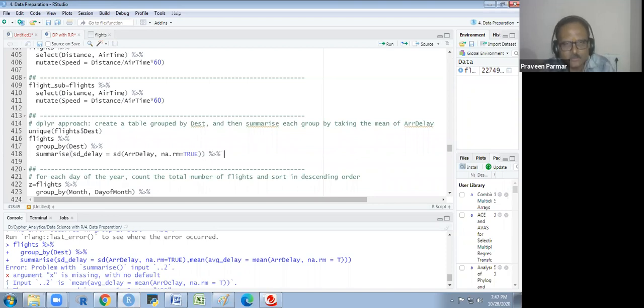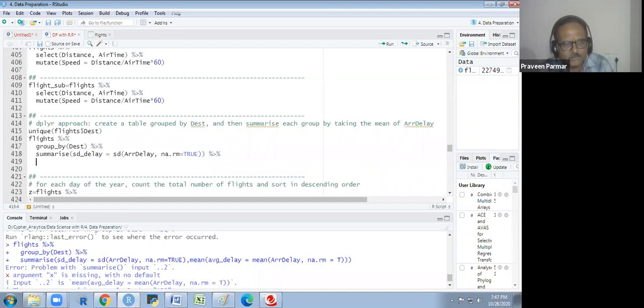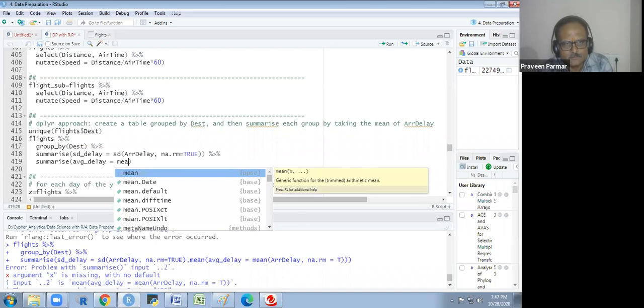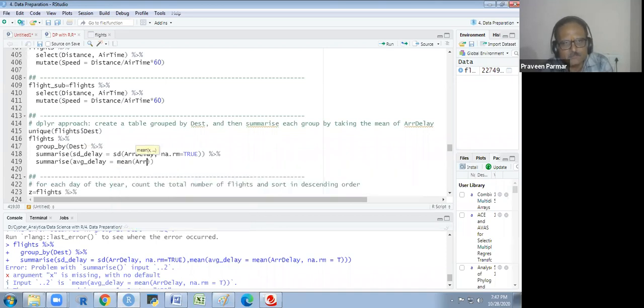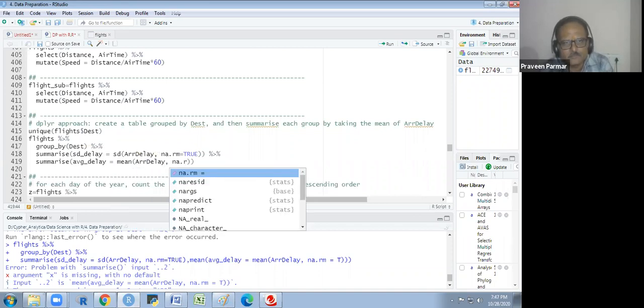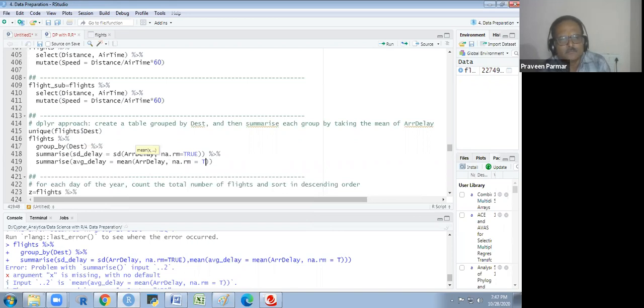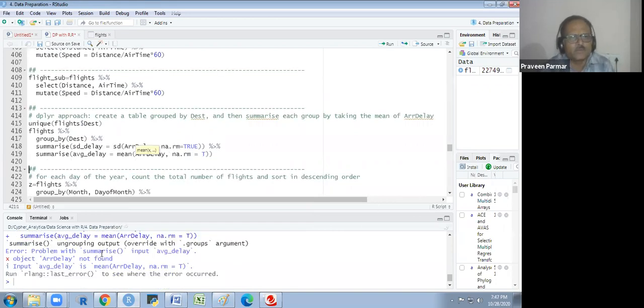I use one more option. I use summarize. There is a function summarize. We have 2-3 functions. Not even summarize include average delay. Object arrival delay not found.